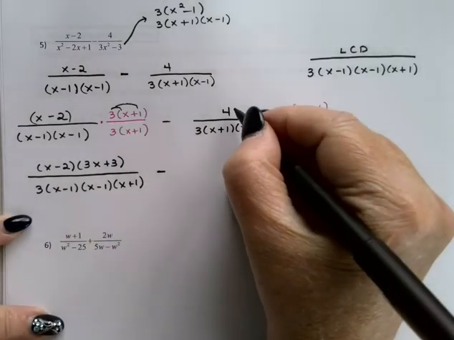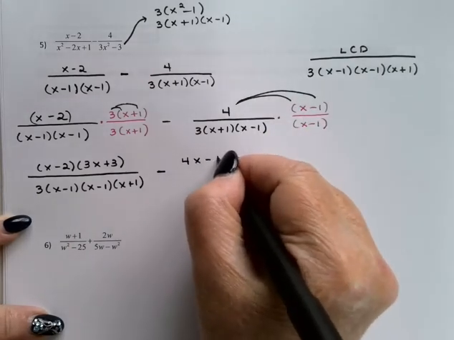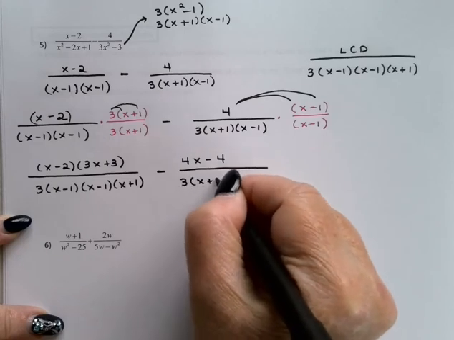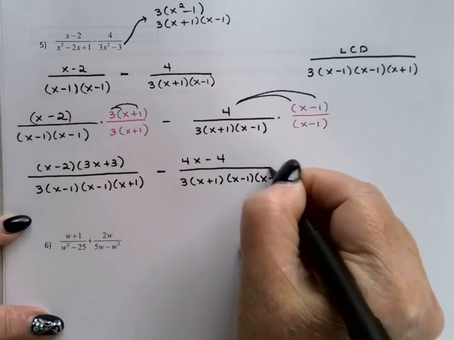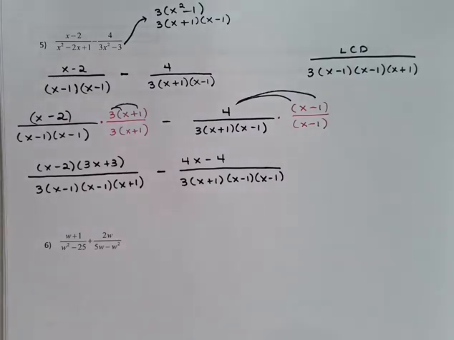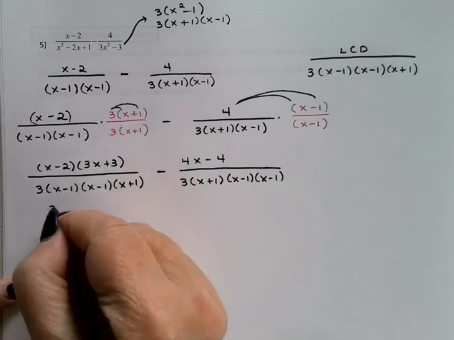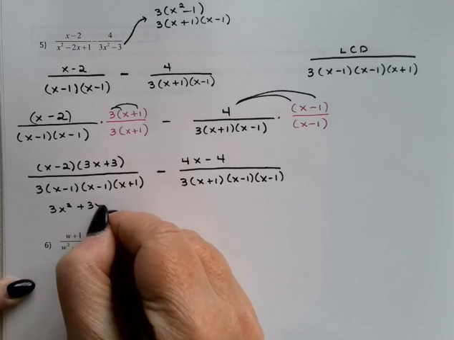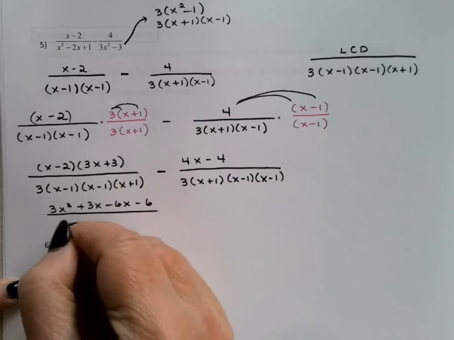Minus 4x minus 4, also over the common denominator. Multiplying out this numerator is going to give me 3x squared plus 3x minus 6x minus 6 over this big,